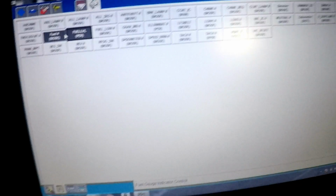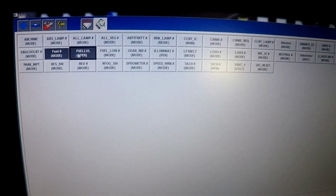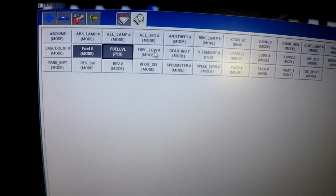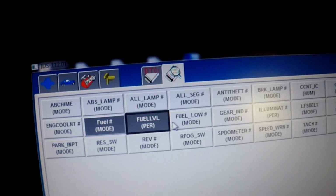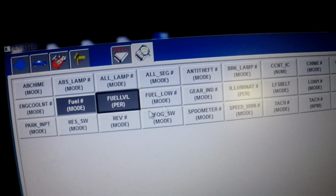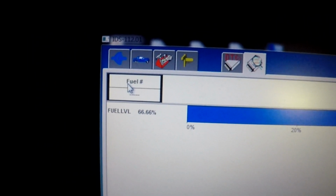Now, I've had the IDS for a little while, I'd say about 5 years now, and for the first 2 years I had no idea that anything that has a hashtag, so like this, you can do bi-directional controls on. It's a lifesaver. It makes life a whole lot easier. So I will show you what I mean. If I go in here and click on the fuel hashtag,